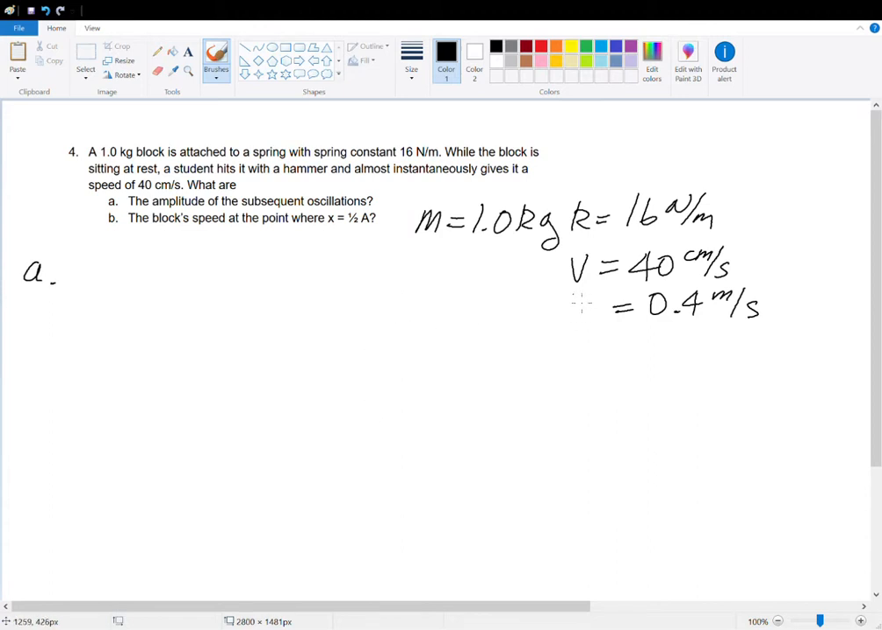Now you might notice that this v doesn't have a v max here, and that's true. This should be a v max, because this is our maximum velocity. And we know this because the block is at equilibrium while we hit it. When we hit it, we give it an instantaneous speed of 40 centimeters per second, which is a good indication that this, our 40 centimeters per second, is meant to be the maximum possible speed that the block can